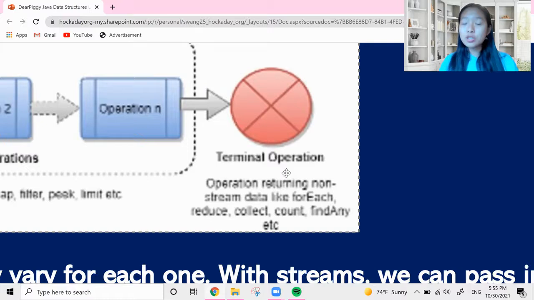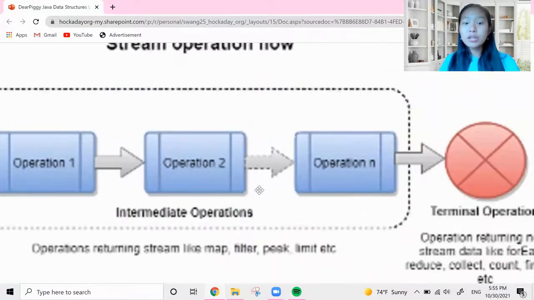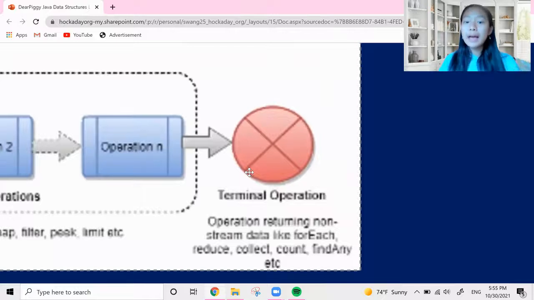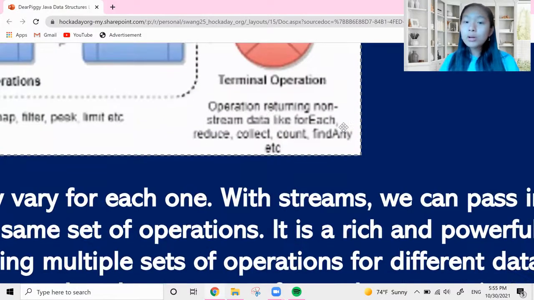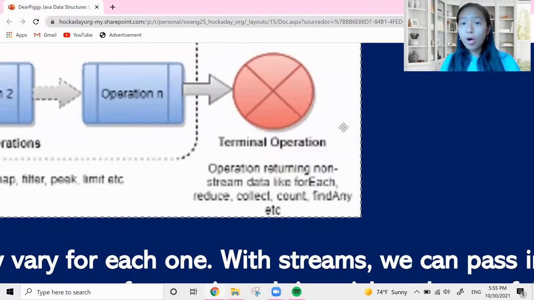Now, our terminal operations, you can't just end your stream with any random operation. Like, you cannot end your stream with an intermediate operation. You have to use a terminal operation. And it'll be more clear in the future what these terminal operations are, but a